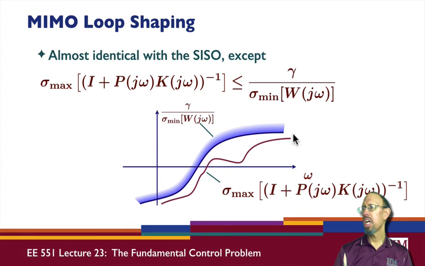So in other words, in terms of frequency responses, this largest singular value is a function of j omega. So we can actually look at the Bode plot of this quantity, and we need to have basically this quantity be above this quantity. Okay, so all of this still holds,